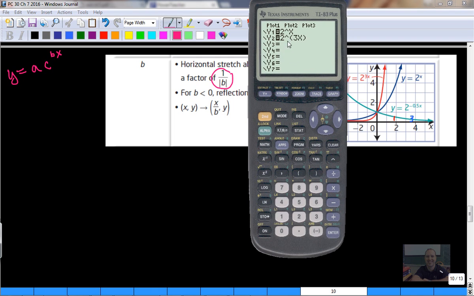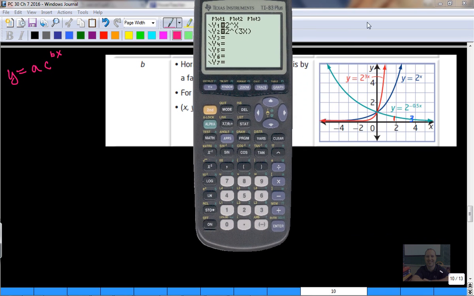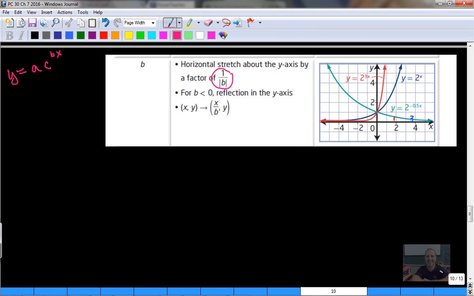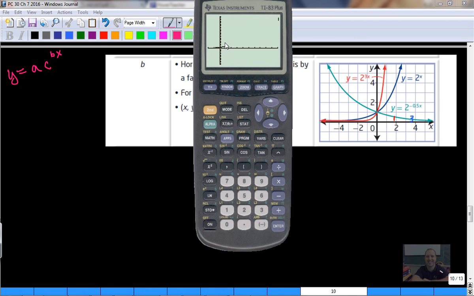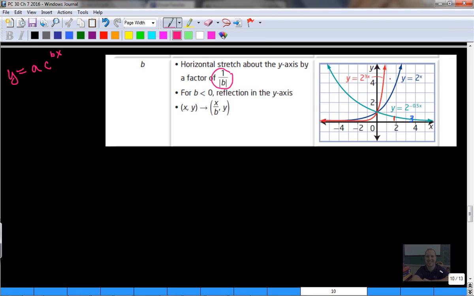Okay, so if we compare these on our graphing calculator, 2 to the power of x and 2 to the power of 3x, that's going to be the same as this one here, then what should happen is there should be a horizontal stretch of 1 over b, or 1/3. See that? 1 over b. So the x value, let's graph that and see. Okay, so here's our y equals 2 to the power of x, and here is our 2 to the power of 3x. Okay. So a little bit more difficult to see, these factors over here, the y value and the y value comparing the x values. But if we go back to this one here,